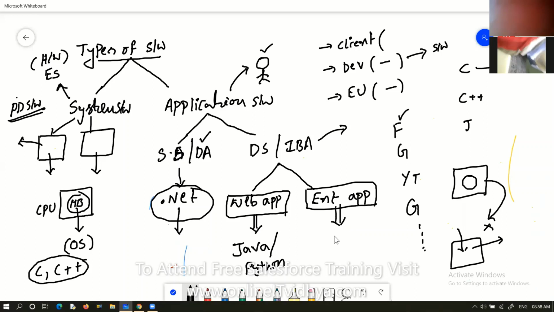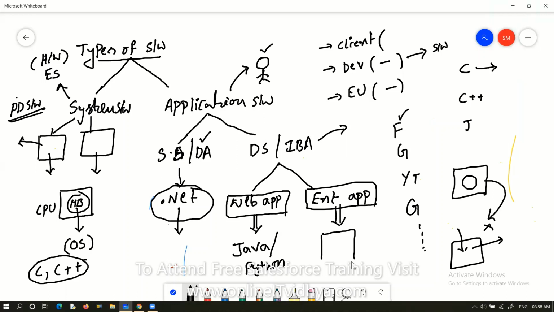For example, let's take Big Bazaar. Big Bazaar has a lot of branches, and in every branch they use one billing application. In the billing counters, if you observe, you can find the billing application.